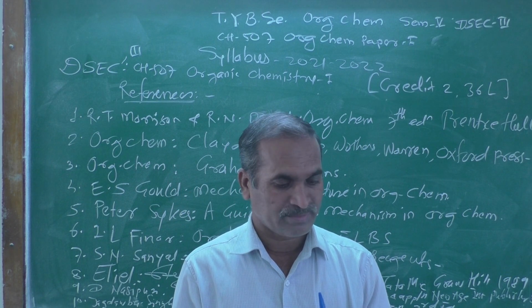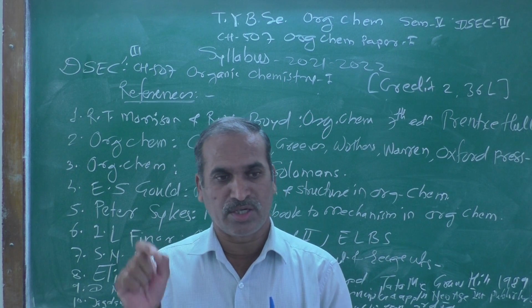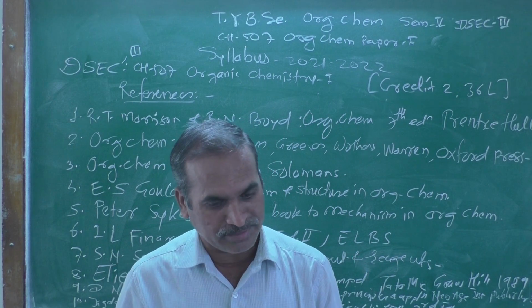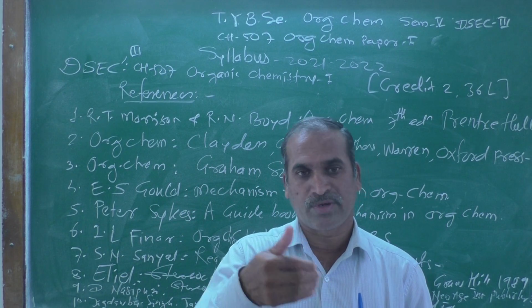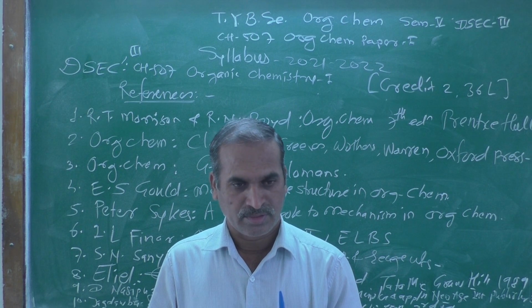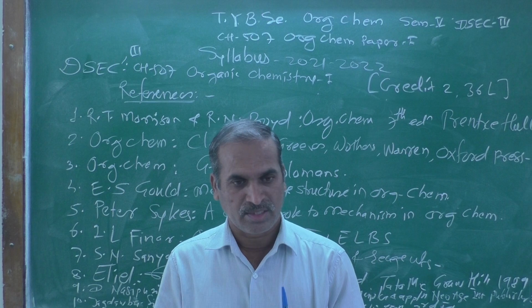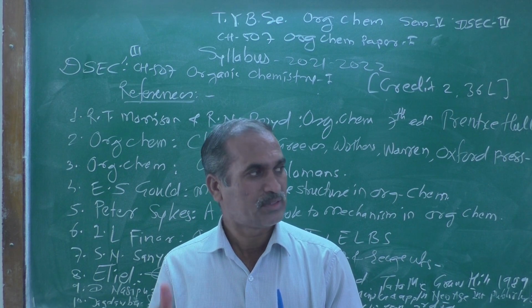Number one is polynuclear and heteronuclear aromatic compounds. What are the different points involved in that chapter? Point-wise detailed syllabus we have discussed,